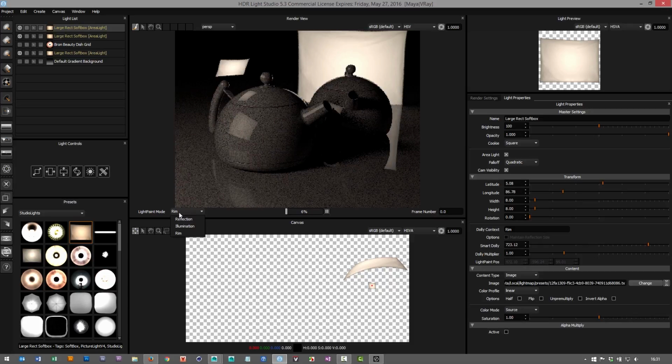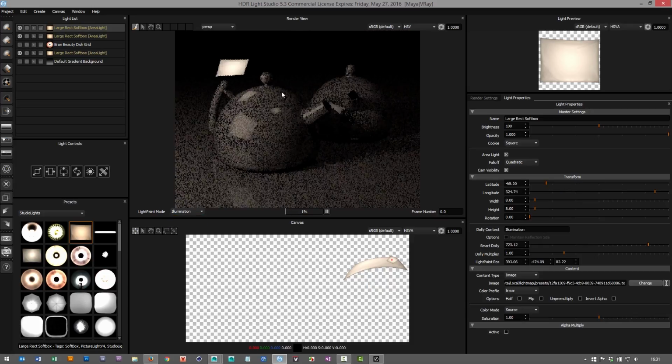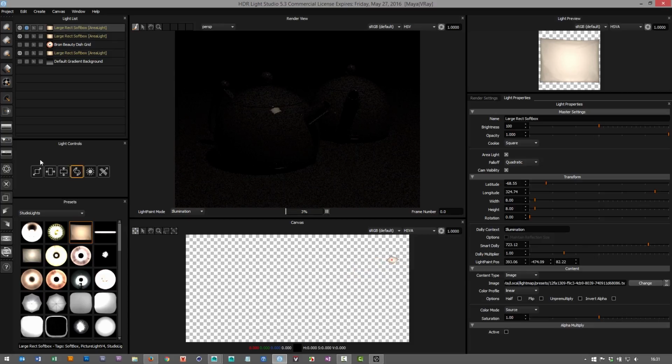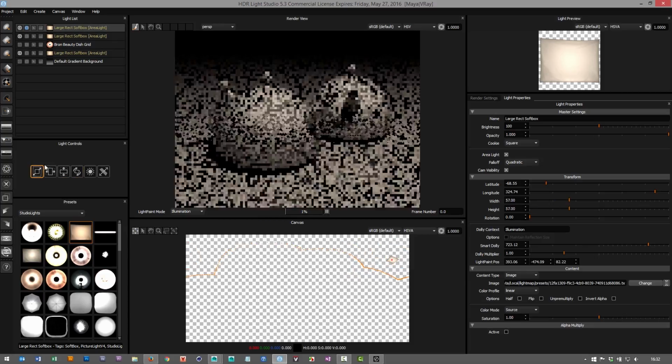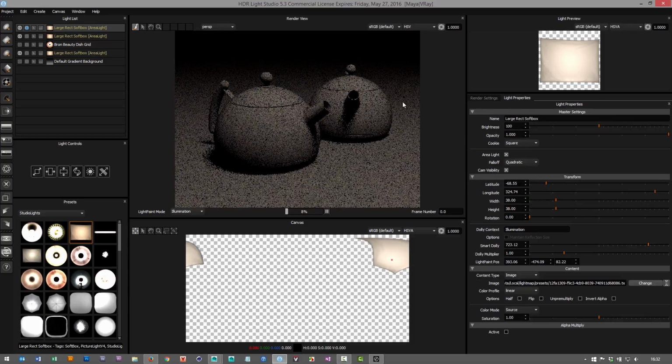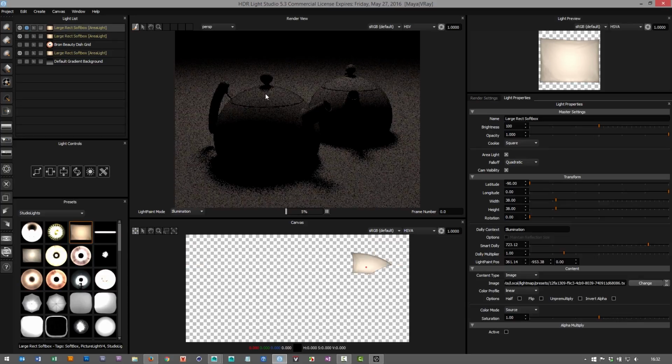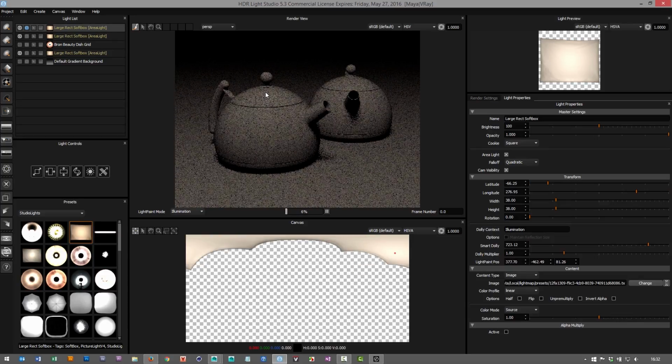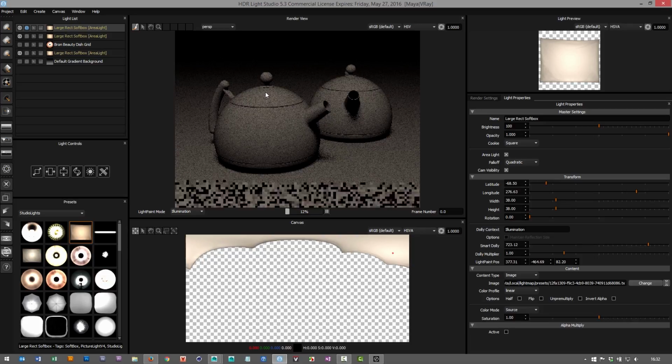If we place this light using illumination mode, then let's just solo the light and scale it up a bit and turn off the reflectivity. So we're just looking at illumination, pure illumination. As I click on the top of the model, the area light is placed normal to where I click,